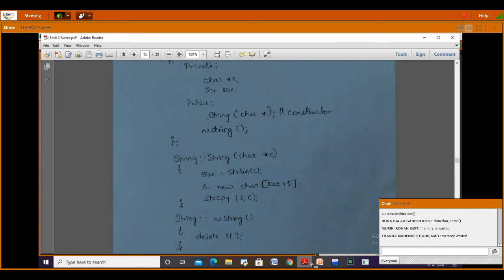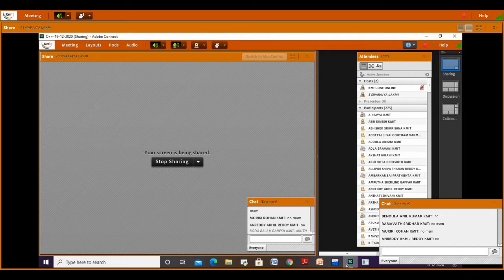For every program, how many constructors can we have? Is there any limit on the constructors we are including? No. But we have a limit on destructors.